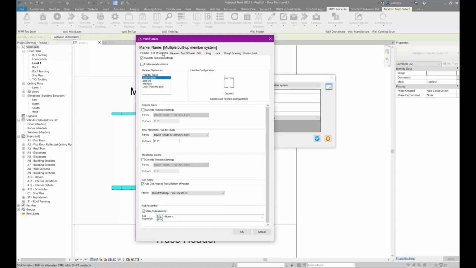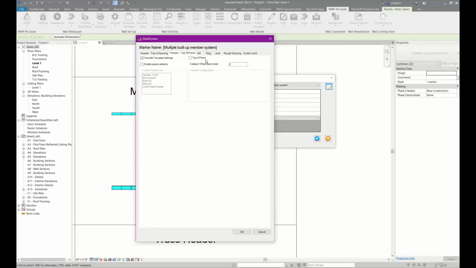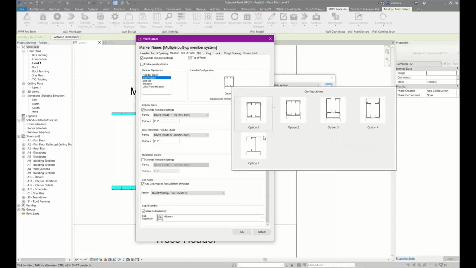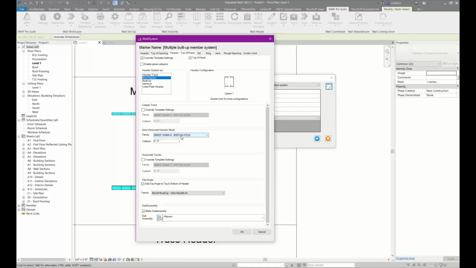All right. So also in this you have the option to place the header at the top of the opening or at the top of the panel. Okay, so if you place it at the top of the panel, it will place it within the opening range or between the kings, but at the top of the panel. So I can check this on and then it will enable top of panel. And then we have a box header option. Again, you can choose your customizations over here. Okay, I'm not going to override the cripple track, but over here it forces you to select a horizontal stud. So I'm just going to make it 600